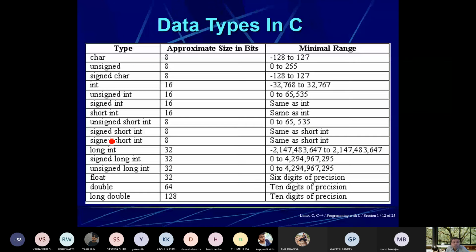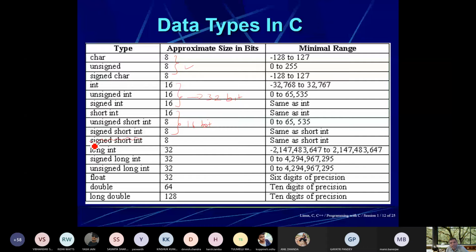So let us see. These are the data types. For character, it is okay. But for integer, signed and unsigned, nowadays size is 32-bit or 4 bytes. And for short, unsigned or signed, these are 16 bits long. Signed short integer is written twice; there is no meaning in writing this.